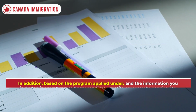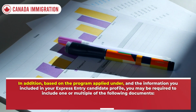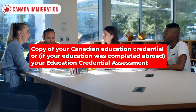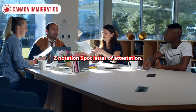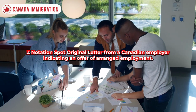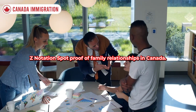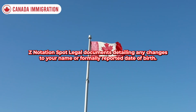In addition, based on the program applied under, and the information you included in your Express Entry candidate profile, you may be required to include one or multiple of the following documents: a copy of your Canadian education credential, or, if your education was completed abroad, your education credential assessment, a letter of attestation, an official transcript from your post-secondary education program, an original letter from a Canadian employer indicating an offer of arranged employment, proof of family relationships in Canada, proof of settlement funds,